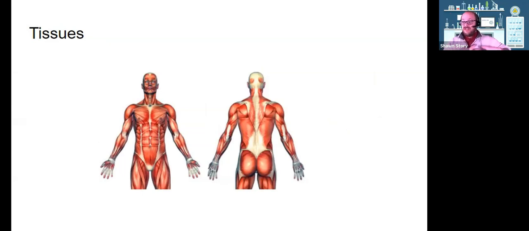Now we have all of these different muscles. For each bone, we have multiple muscles going around it, right? We have our bicep and our tricep. Bicep are these 2 muscles, bi meaning 2, tricep meaning 3, quadricep meaning 4, right? We have all these different muscles that allow us to do all of this movement and strength that we see